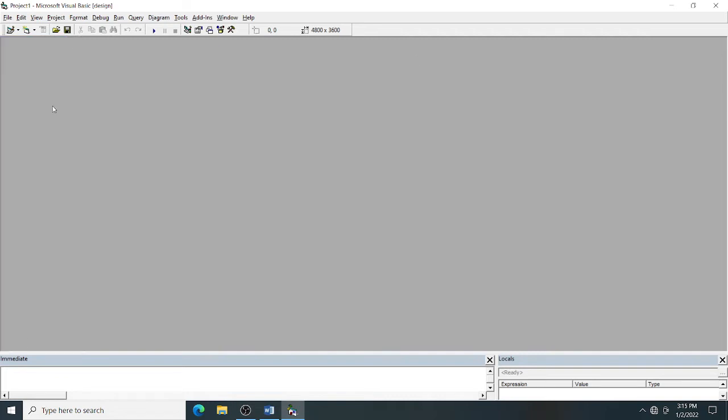This project is not saved as yet. You have to know what windows it contains. First, it contains the title bar. You can see at the top, the title bar shows the name of the project, Project1, Microsoft Visual Basic. After that, what is coming? File, Edit, View, Project, Format, Debug, Run, Query, Diagram.